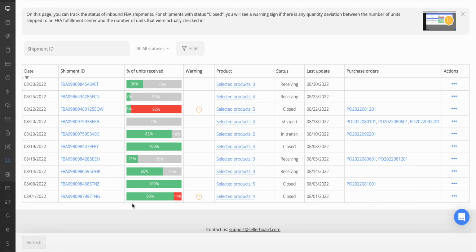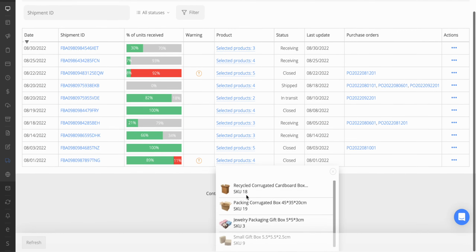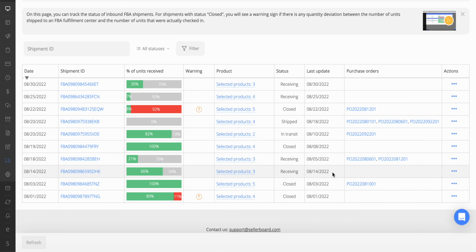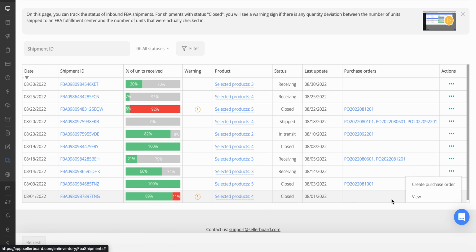Now it's all here. We can see 89% of this shipment was sent correctly, 11% wasn't. Look at that, and it says quantity deviation between the number of units shipped to the FBA fulfillment center and the number of units actually checked in. We can select products, see what the issue is, see down here what products are included in this. We can see it's closed, okay, and then we're going to have to